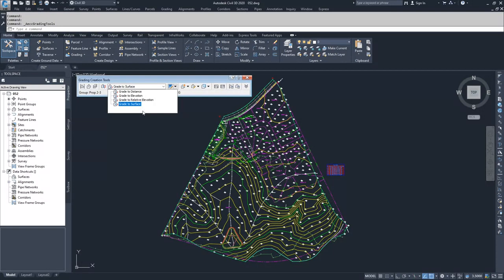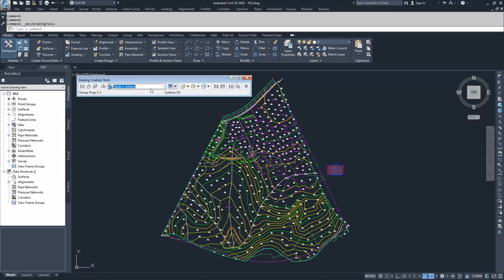So if you know you want to create grade to surface and you want your cuts and fills to all be 2:1, you can set all of your criteria to those specific defaults. And then when you run through your grading creation, you can basically pick your feature line or your object that you want to build off of, pick the side that you want to go to, and then just hit enter a bunch of times until you're done, because you know that you've already set up all your defaults. I generally don't create new ones. I just deal with what the command line prompts me to do when I'm dealing with my grading creation tools. But there's probably some efficiency to be found by creating some new ones if you wanted to.